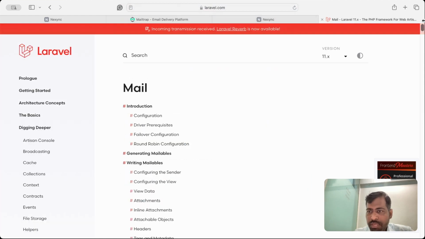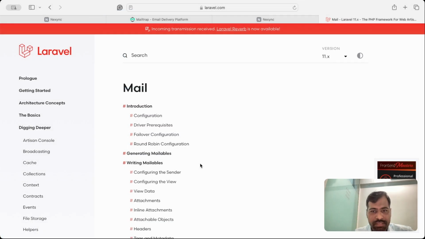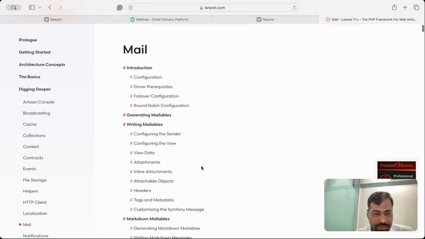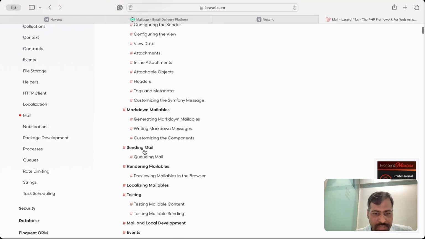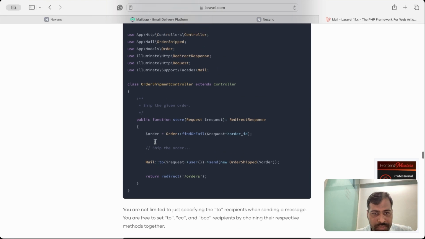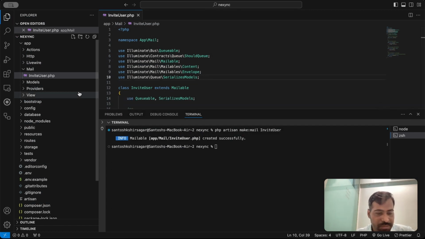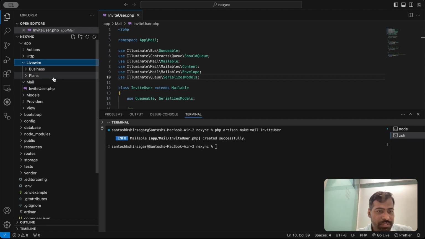To send this mail, I will have to add this invite user class, basically creating a basic object and then sending. So that will work, but I am still going to check how exactly it works. We have this particular mail, and they are using this syntax. Okay, so we'll use the same. Paste it. So basically we'll have to send this mail, so I will just create